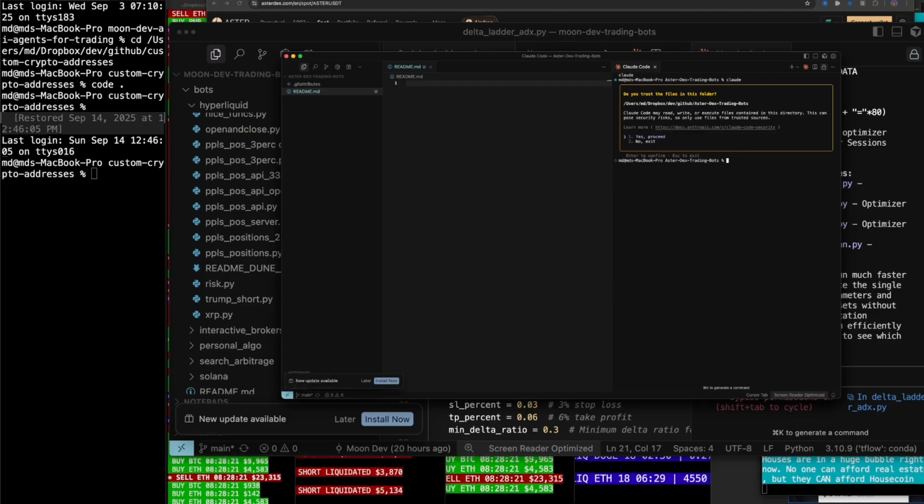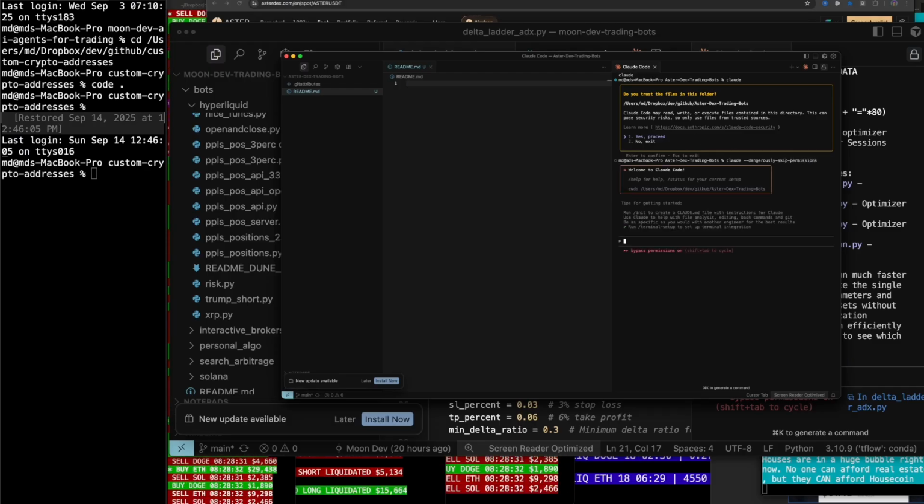Damn, double that does that too. Claude dangerously skip permissions. Okay, dangerously skip permissions. Perfect. Okay, let's go ahead and say